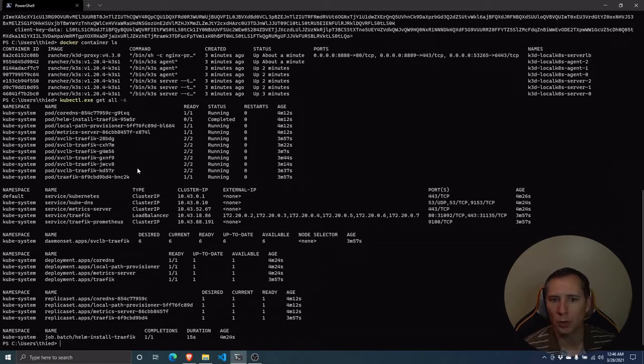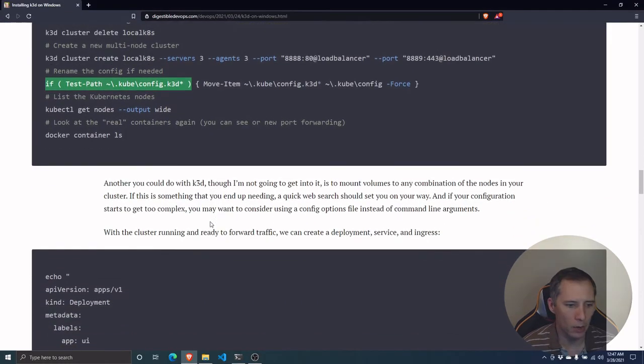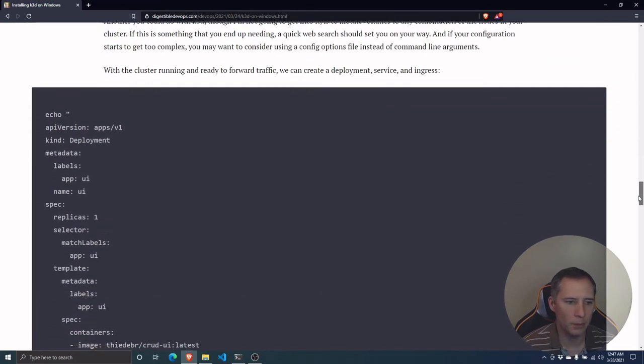But as long as you stick with the standard APIs, it'll look and feel the same. But yeah, so that's our cluster up and running. So we'll jump back over here, and what we can do is now go ahead and deploy a